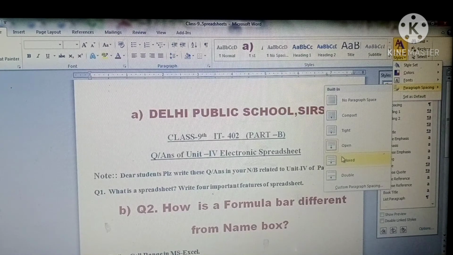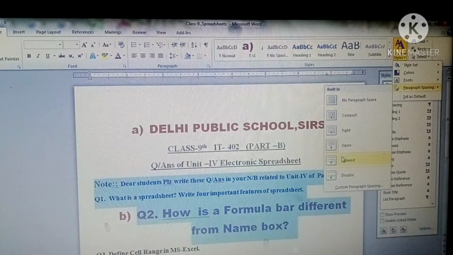So what are the questions that can come from this chapter? That is, what are the styles, what is the difference between the paragraph and the character styles, how you can create your own style. So questions come in which, in these answers, you have to mention the steps, that how we can create our own style, how we can update our own style, how we can do the change in our own style, how we can do the updation, modification, and how you can import a style from one file to another file. This is all about this chapter.